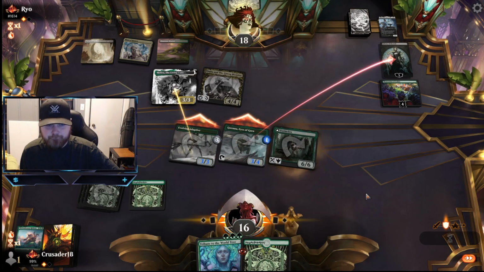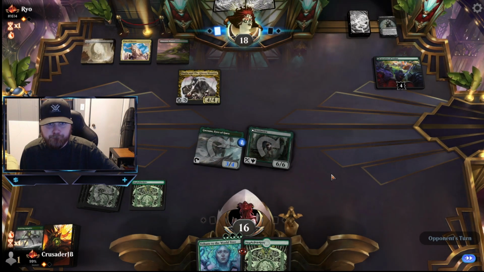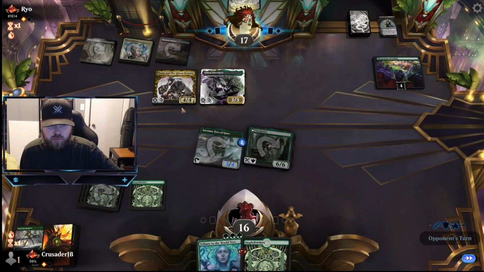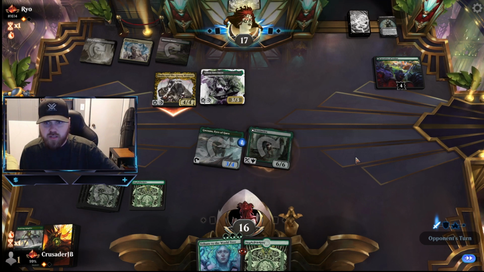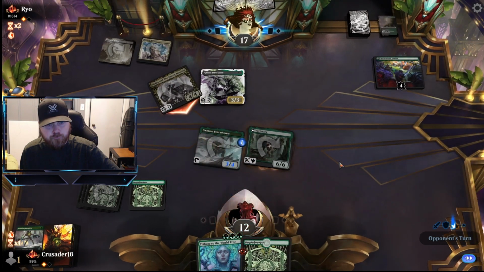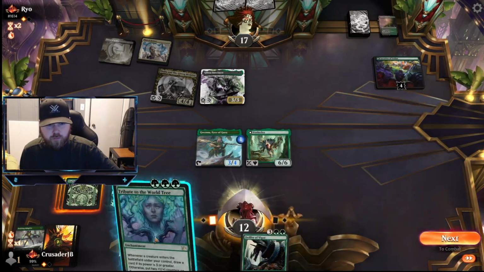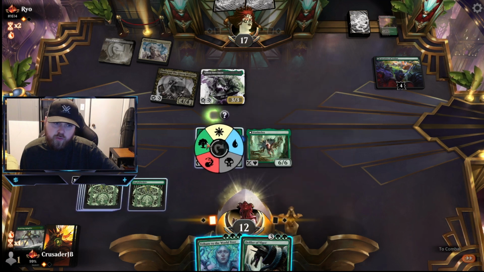Thalia seems taxing. Seems very taxing. Honestly, great blockers all around. We need some Tyvar Stands. He's gonna have to sack a land. Okay. It is hurting. We do not like that. We will...